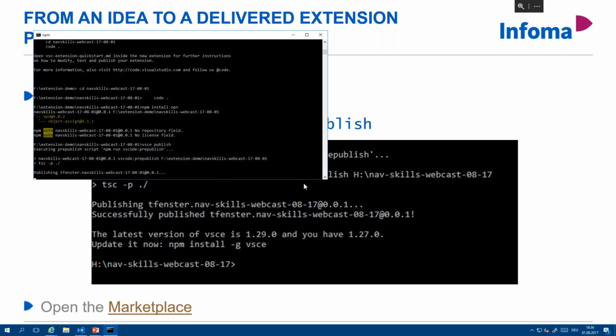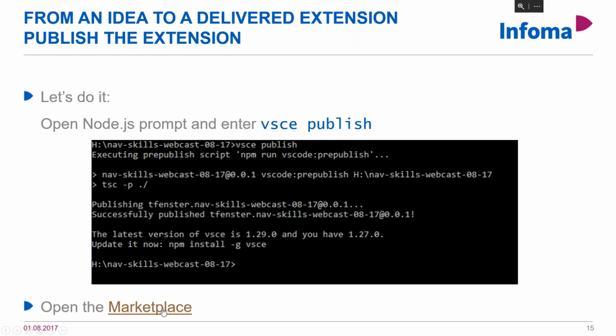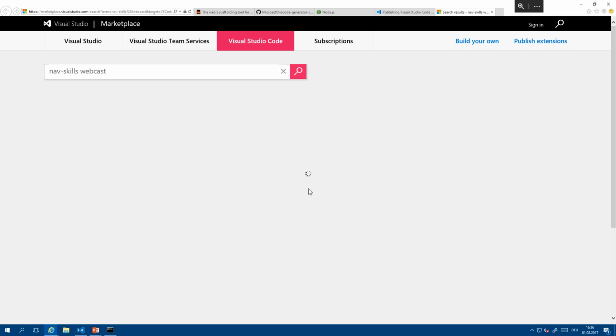As you can see in my screenshot below, it also notifies you if there's a new version. Yes, you can see here, there's again a new version, 1.3.0, and I'm currently at 1.2.9. But we already have our NAV Skills extension in place. So if we now go to the marketplace, I click on that link here, but you can do so yourself, and search for NAV Skills.